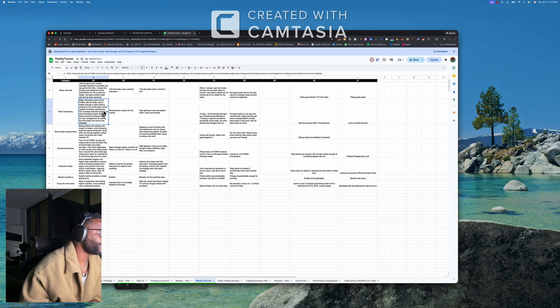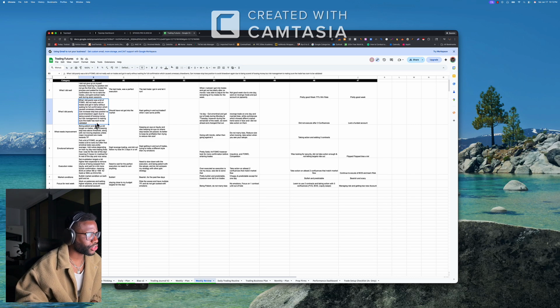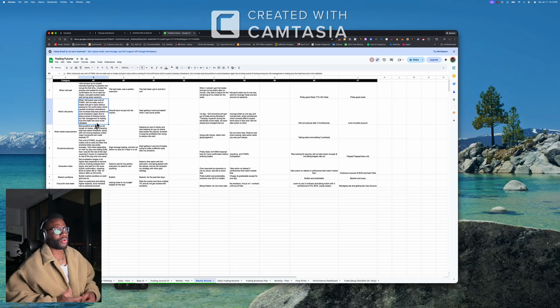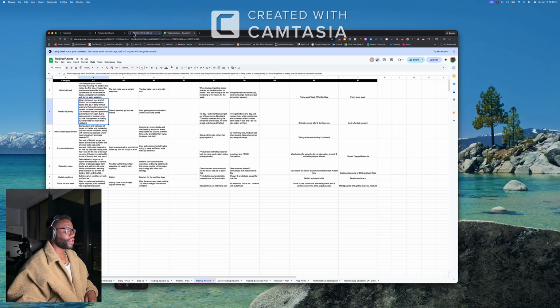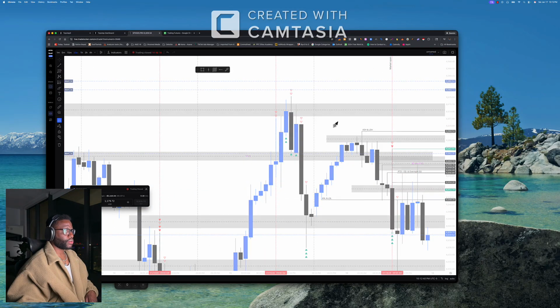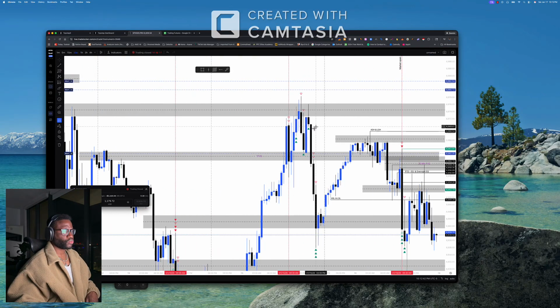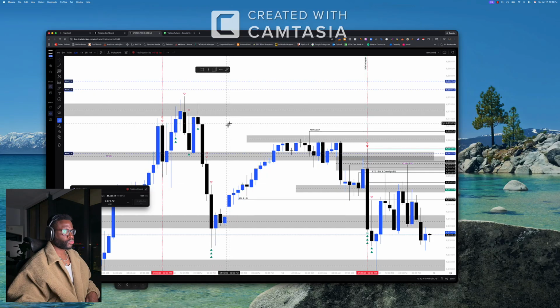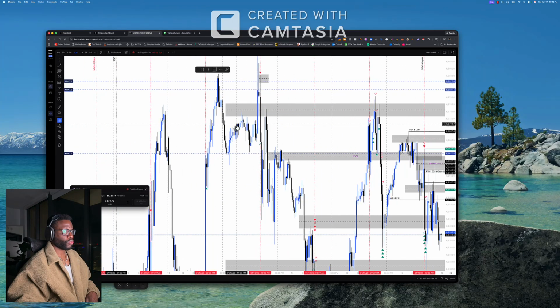So overall, I can increase my stop loss position to avoid drawdown again, due to being scared of losing money. But risk management is making sure the trade has room to be validated. And what do I mean by that? If we go back here, I don't remember what day it was. 14.